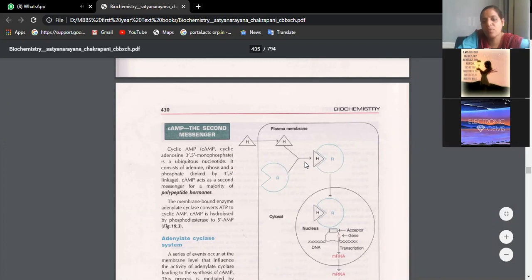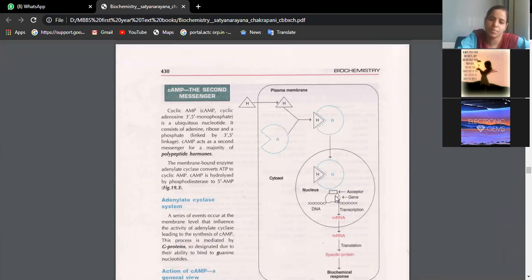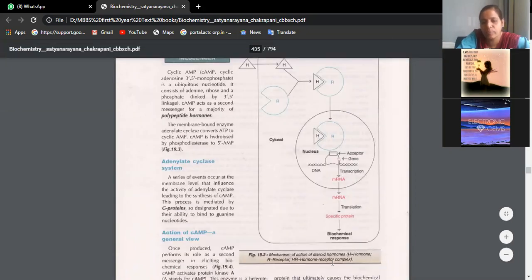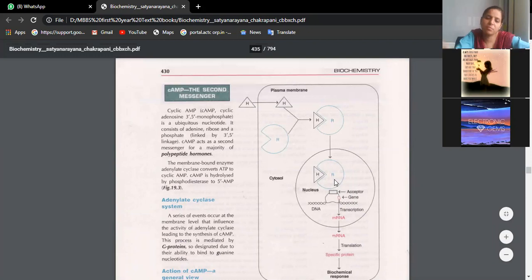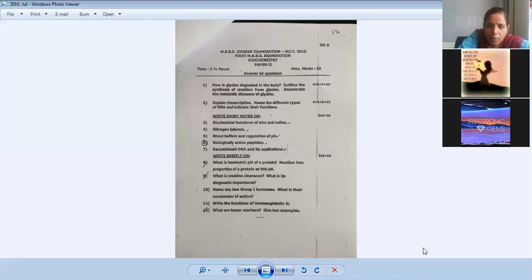Inside the blood, you will have receptors, hormone receptor complex. It will go inside the nucleus, and inside the nucleus, it will promote transcription. The transcription will allow translation. That means specific proteins are being synthesized. Of course, this is not for us, but still I am telling you, this is the mechanism of action of group 1 hormones. In a different form, this is explained in physiology. Concept is same. Vitamin A also functions like this. Vitamin D also functions like this. Ritika, is that clear better? Yes, ma'am. Okay, that is group 1.